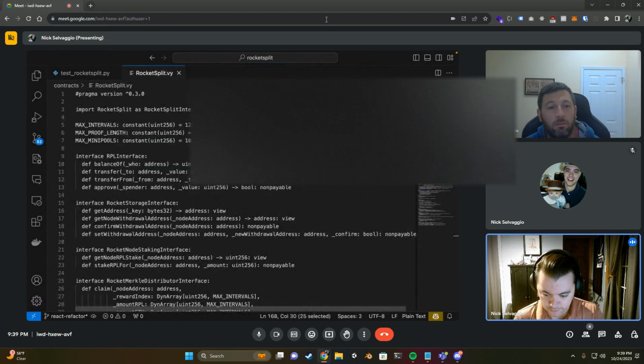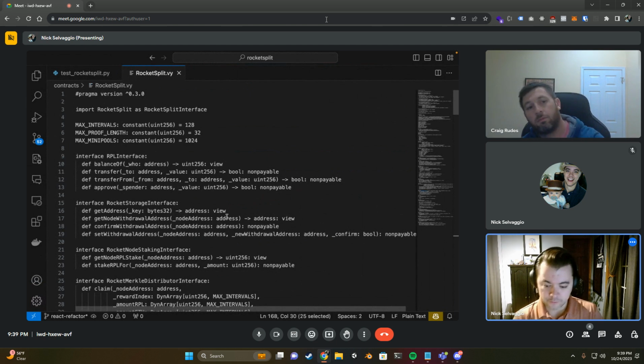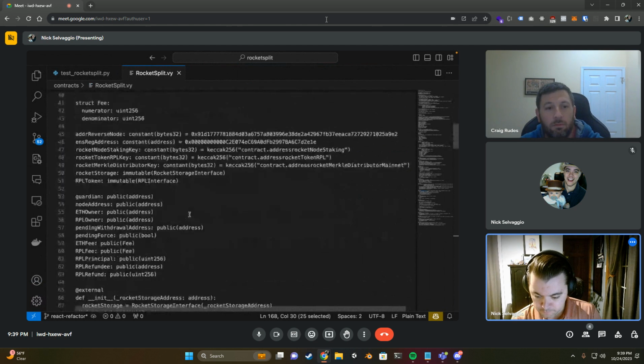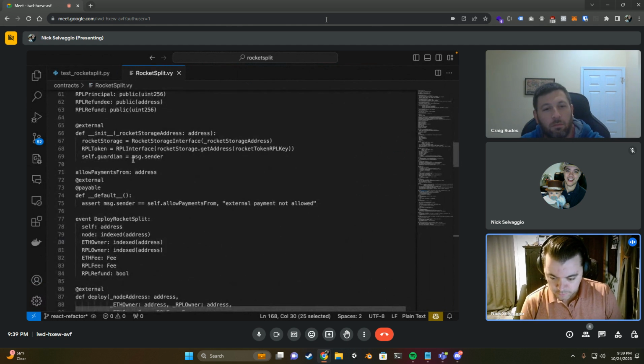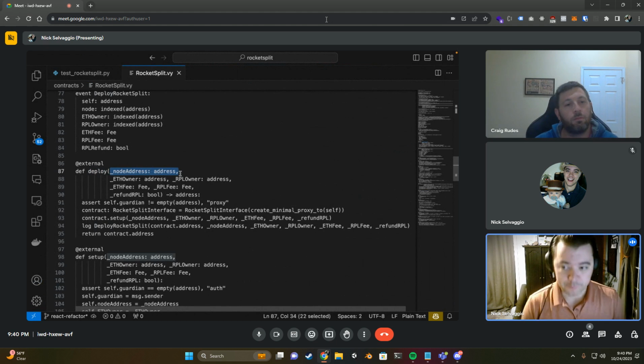And let me go ahead, so this is the actual smart contract, right? This is the Viper code that powers a Rocketsplit withdrawal address. And if we look at the deploy, what we do here with the deploy method is it takes a couple of different parameters. We have the node address, so this is the node that's going to be using this Rocketsplit